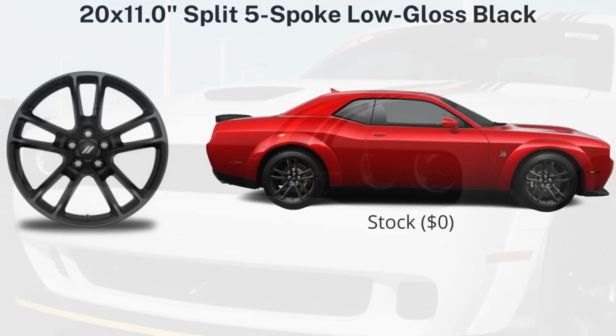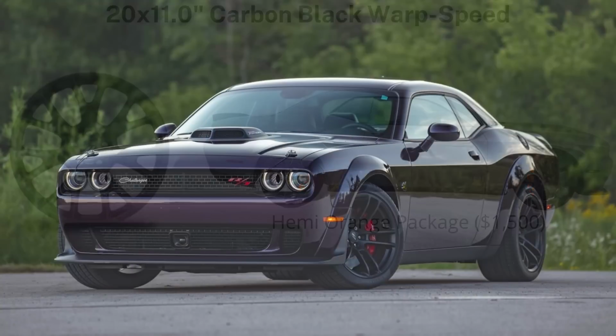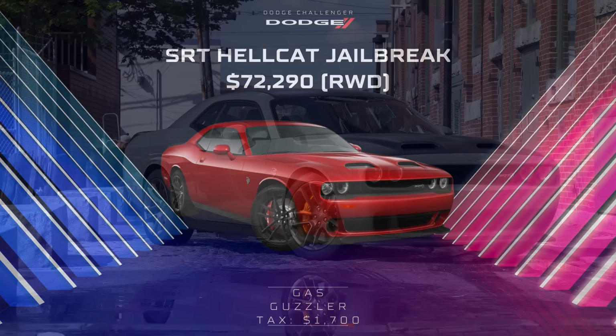The stock wheels are 20 by 11 inch split 5-spoke in gloss black, and 20 by 11 inch carbon black warp speed wheels come with that Hemi Orange package. And 305/35 ZR20 Pirelli P Zero summer tires are a $695 option. The next jump up is to the Hellcats, and there are now 4 versions. The most basic form is a regular body Hellcat Jailbreak that costs